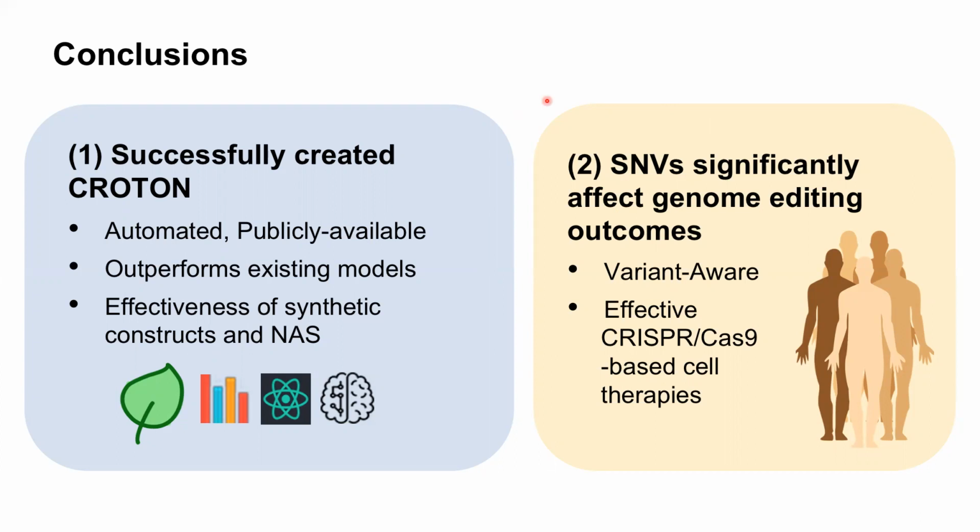So CROTON's predictions indicate that SNVs may be important factors to consider in CRISPR-Cas9 genome editing, especially in clinical trials that may have patients that harbor these variants. And to our knowledge, this is the first study that considers how naturally occurring variation may affect CRISPR-Cas9 gene editing outcomes. And a CRISPR editing outcome predictor that is sensitive to genetic alterations at a base pair resolution like CROTON could be more and more critical in the future to make sure that these gene therapies are effective for everyone and may even be tailored to individual patients.